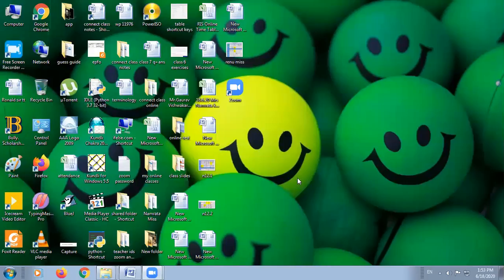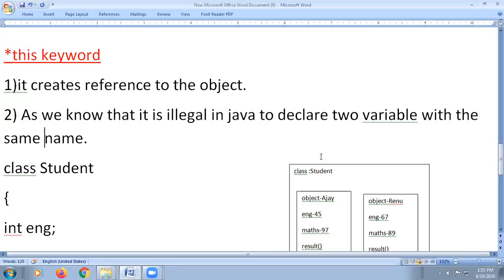You have studied constructors and functions. Now a very important keyword that we are going to study today is the this keyword. It is part of the function chapter only, but now you understand how to make a constructor, and now you know how to use functions. So after this we will study one special keyword that is built into Java, the this keyword.